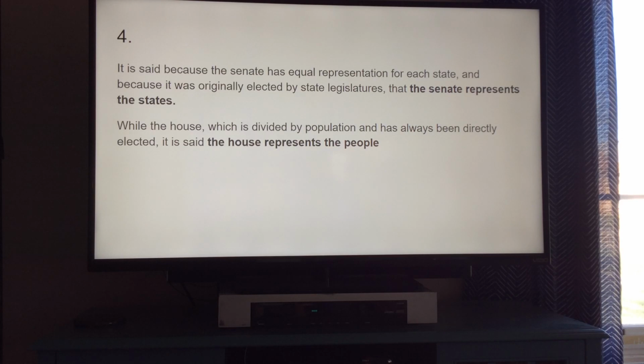That this is where the states of the United States are represented, each one having an equal seat in the Senate. On the other hand, the House of Representatives, because it's divided proportionally by population, is considered kind of to represent the people. And when the framers were setting this up, this was kind of their idea, that the House would be the quick-moving body, that people would come to the House and they'd have all these big ideas and they'd pass all these bills, and it would be kind of a radical chamber in some ways,